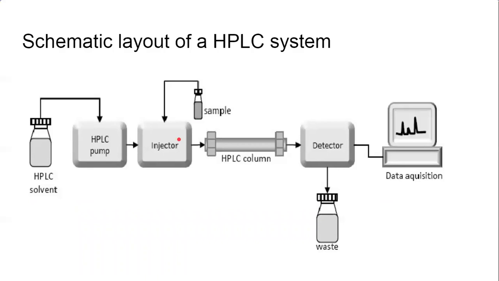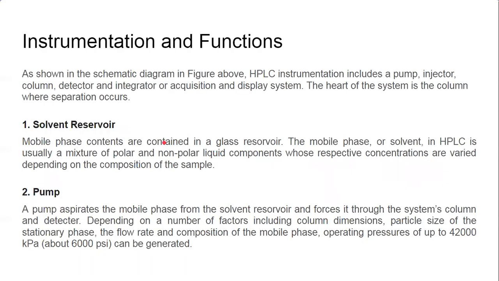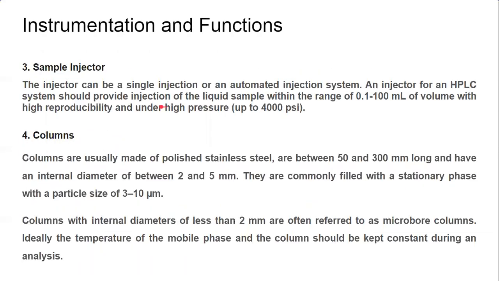In gas chromatography we introduce our sample in gaseous phase, so if we take a liquid sample, it is vaporized and the vapors of that sample are sent into the column. But here in HPLC, we are using the liquid state of the sample, and a volume of 0.1 to 100 ml can be injected into the